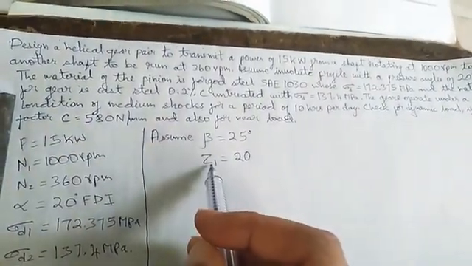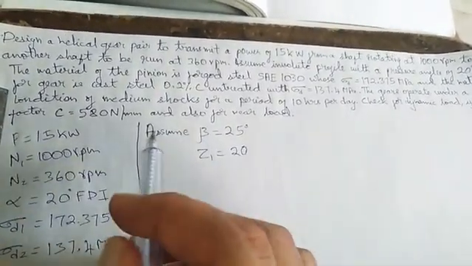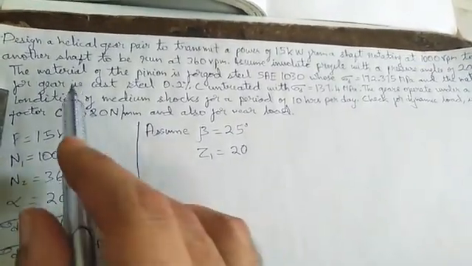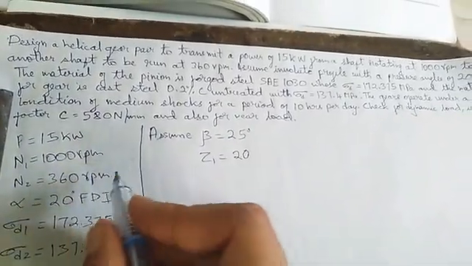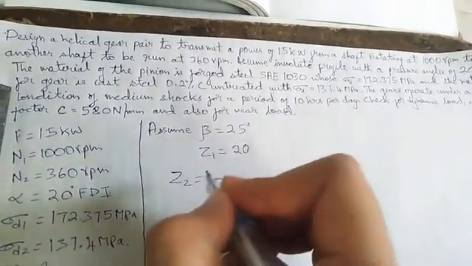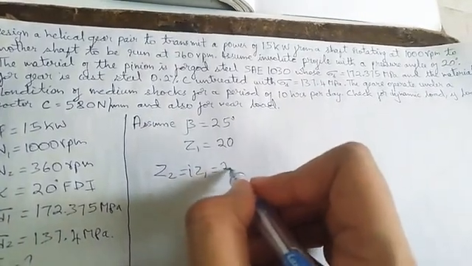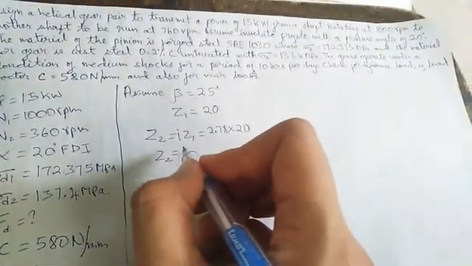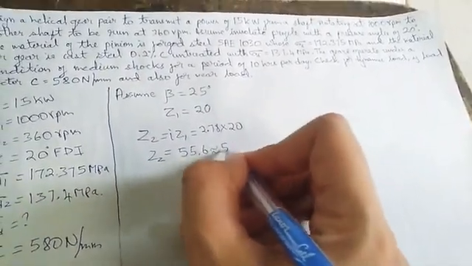Even if we don't have the number of teeth, then we cannot solve the problem. So we should have either of the values, either the number of teeth or diameter. This problem is an unknown diameter type, so I am going to assume the number of teeth as 20. Now by using gear ratio, Z2 is equal to I Z1, I can find the number of teeth on gear. 2.78 into 20, Z2 is 55.6, we will approximate it to 56.